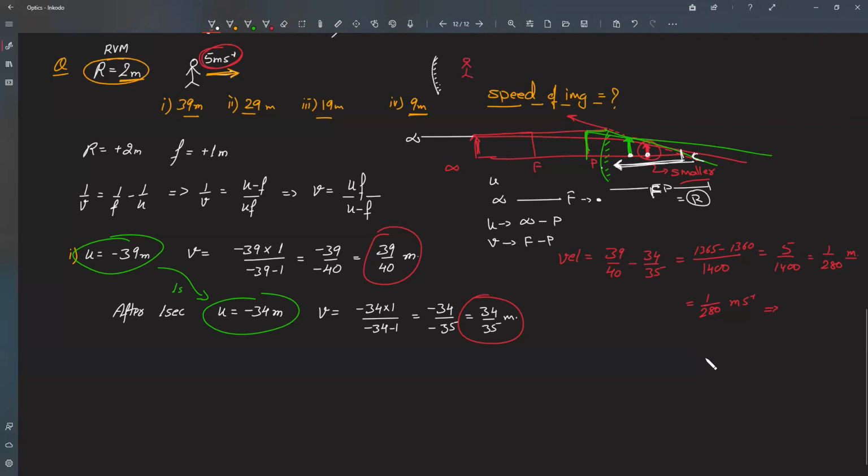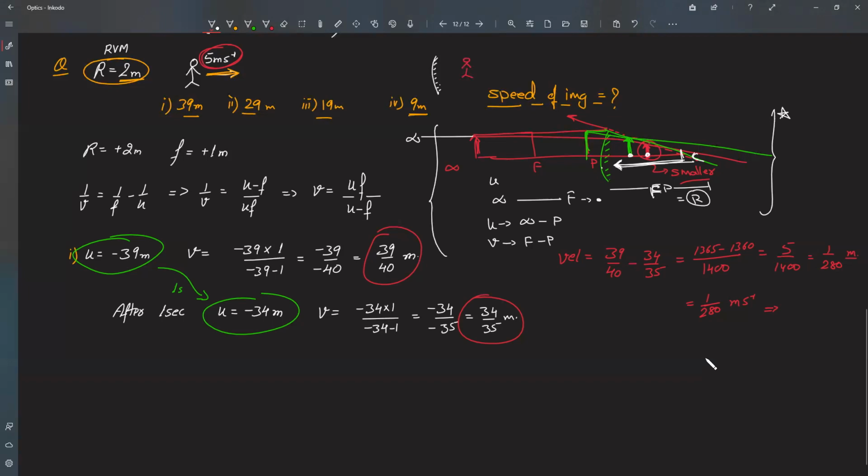Any doubt in that? The object is always traveling faster than the image, or the image is always traveling at a speed which is very less as compared to the speed of the object. Agree? So without actually going through the numerical, this is the basic explanation: the image is always traveling at a very lower speed as compared to the object, and that's why in your rear view mirror that warning message is always there, that the image which you are seeing is